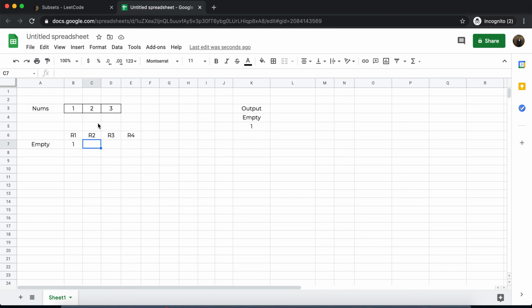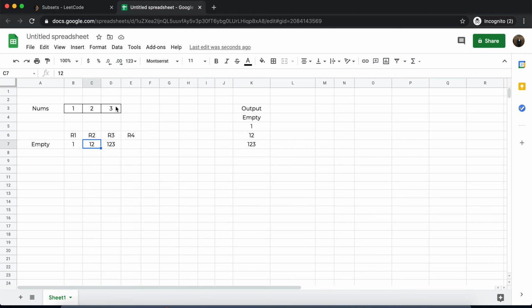Now it will add the number 2 after 1, because 1 is already in the current permutation, and the array 1 2 will be formed. That will be passed to the third recursive function. This function will first add this to the output, and it only has access to one element, which is 3. So it will add 3 to the current permutation and pass the control to the fourth function. This function will add 1 2 3 to the output, and now it has no more elements available, so it will break the recursion and return the control back to the third one. Here also there are no more elements left, so it will return the control to the second recursive function.